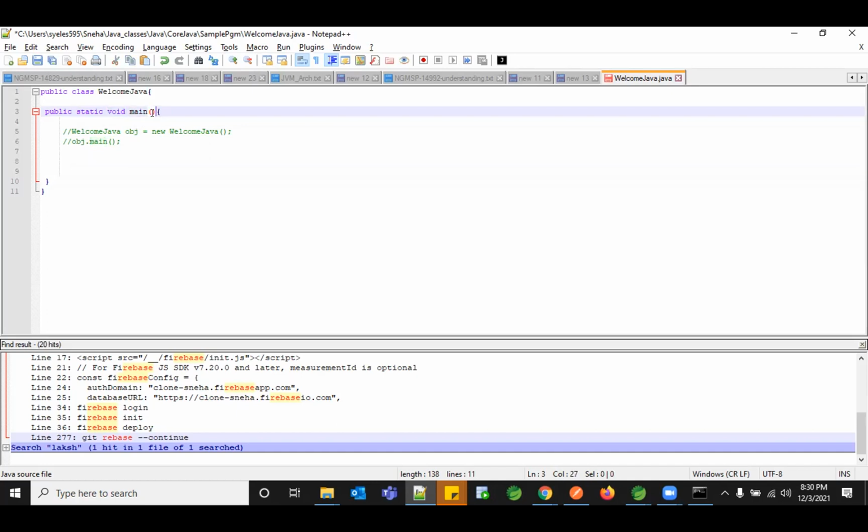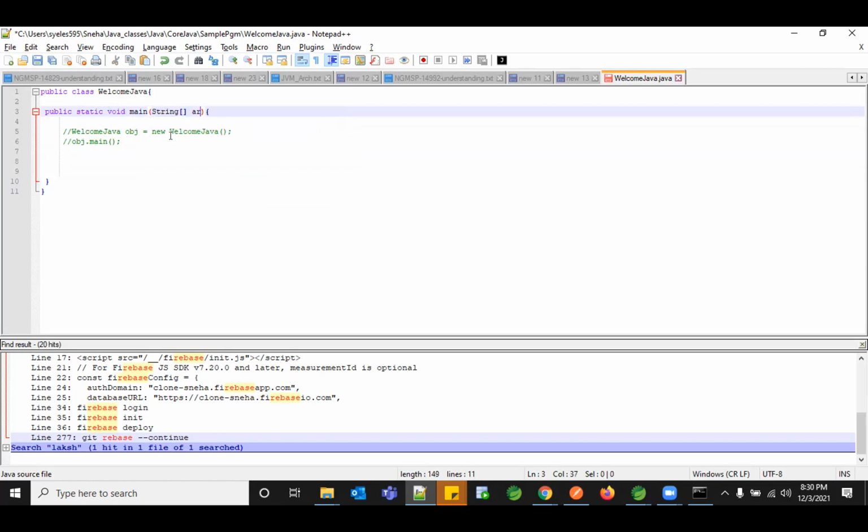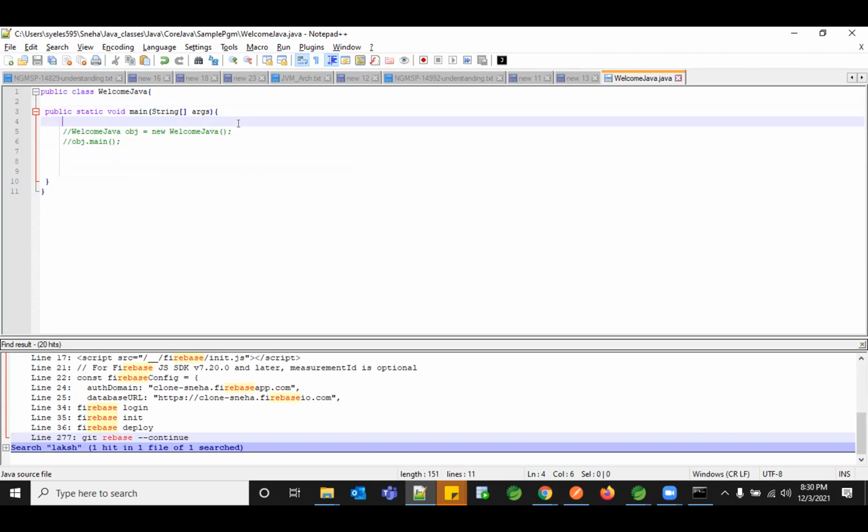And the parentheses are where you can accept any input if you want. The Java system accepts input called a string array of arguments. Why does it accept a string array of arguments? Say you're doing a calculation. Every time you won't pass the same input, 2 and 2, right? You will be passing random values, 5 plus 2, or 500 plus 7, or 600 plus 2. Your values change often. So how will I understand if your values are changing? I need to get that input as a parameter.